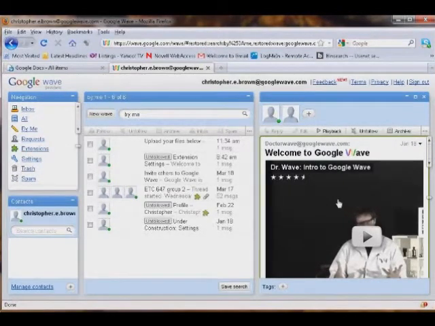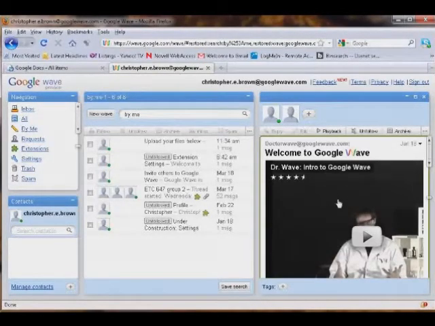Okay, so we've been talking about how Google Wave is really kind of a revolutionary update to email in general. It really helps groups communicate and track conversations, and it helps you work together as a group. It can also be used in classrooms for all sorts of reasons, but I'll go into one demonstration for classroom use right now, and that would be using it as your file upload manager, so students